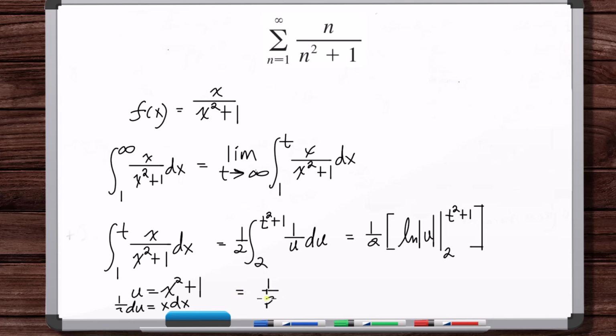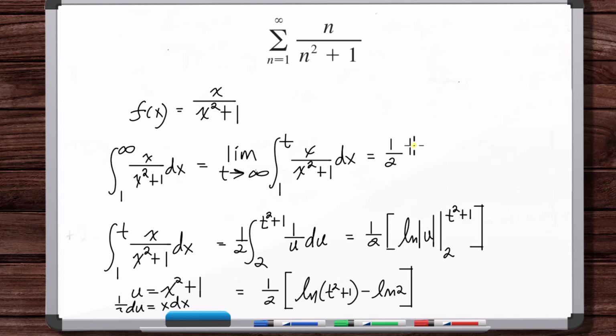Okay, so we don't need the absolute value because we're going from 1 to infinity. So natural log of t squared plus 1 minus natural log of 2. Okay, so we've got